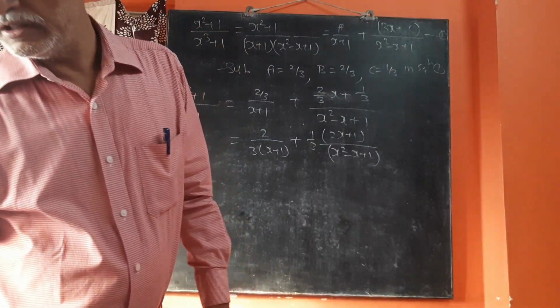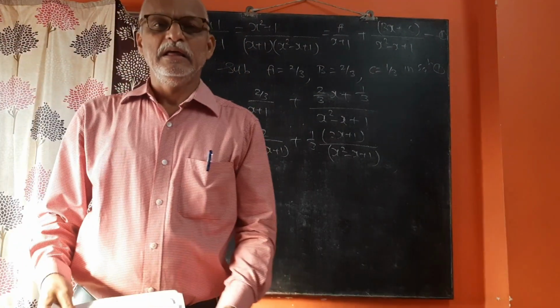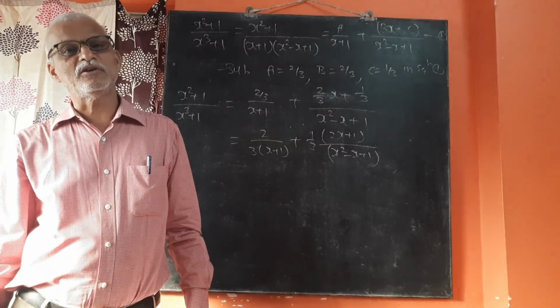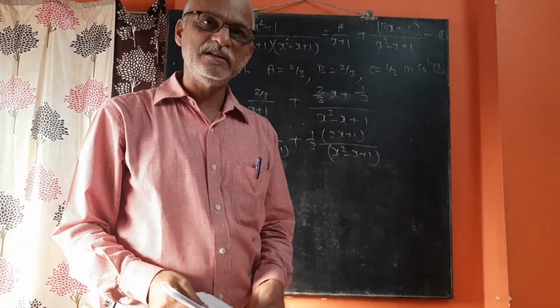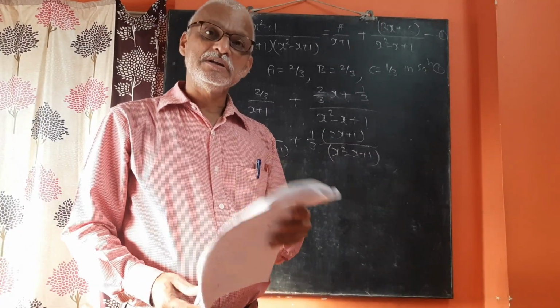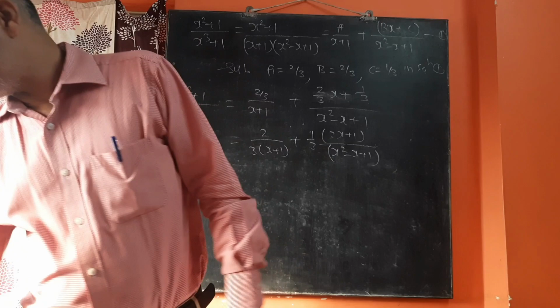So we all learned how to find out the partial fractions of linear factors when the factors are non-repeated. Second one is the linear factors when the factors are repeated. The third one is the quadratic which is not reducible. Now the fourth case,